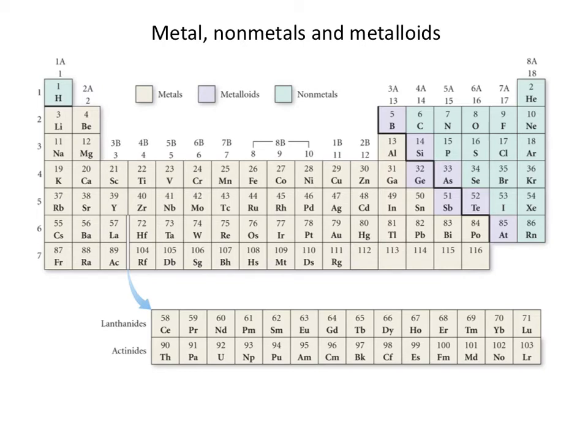And then this is just a reminder, I showed it before, but again, the dividing line between metals and nonmetals starts at boron. We move a stair step down, nonmetals in the upper right, metals on the left, and the metalloids are the ones that fall on the line, with the exception of aluminum and polonium, which are strictly metals.